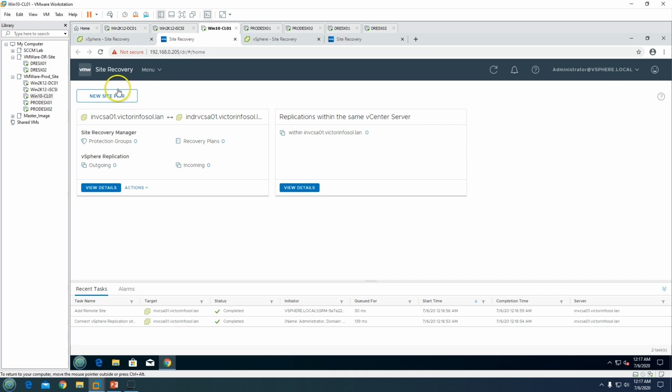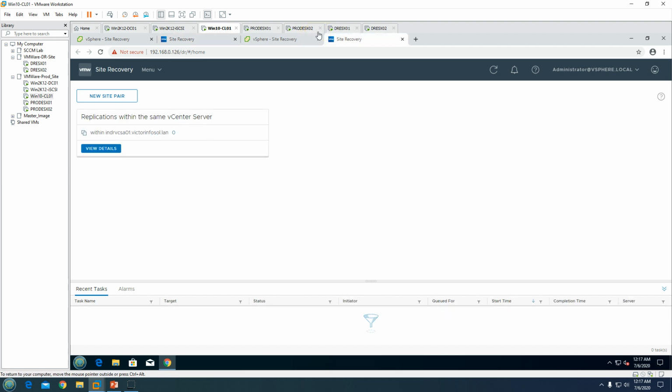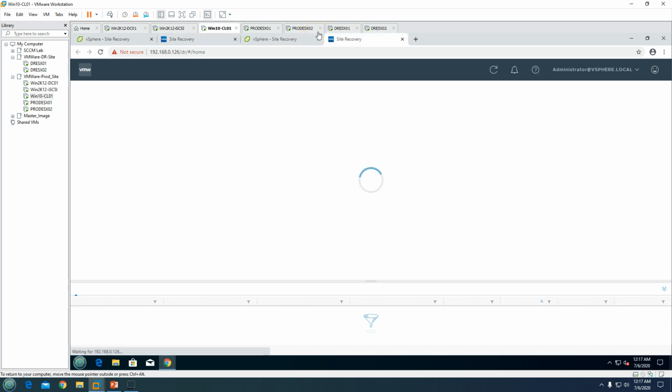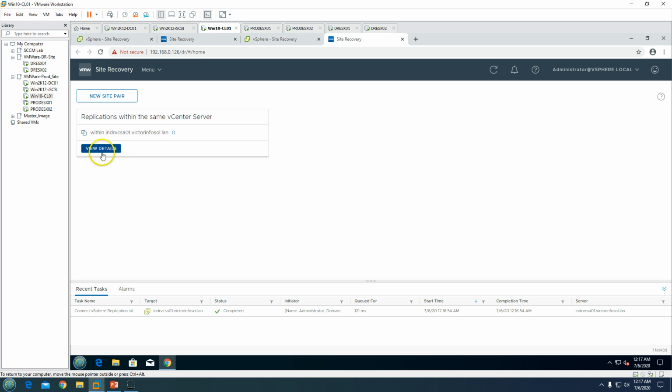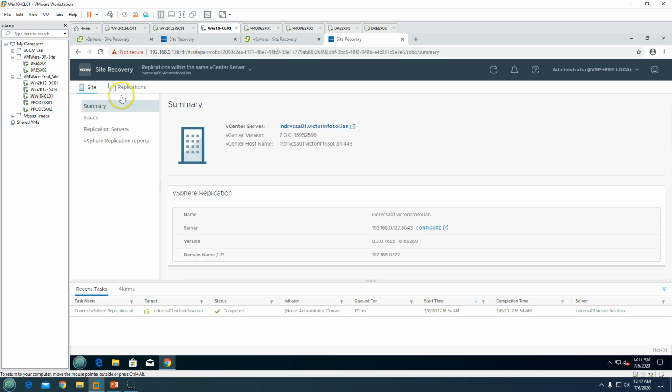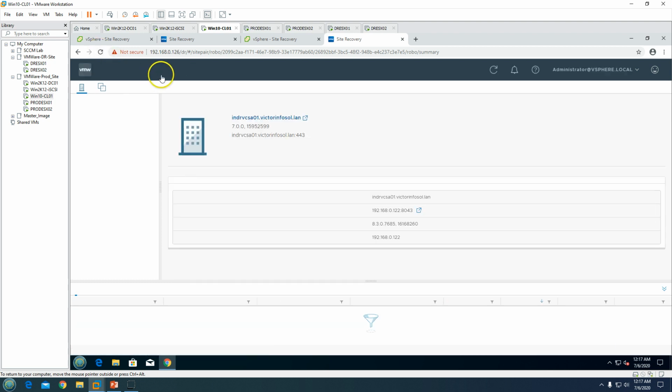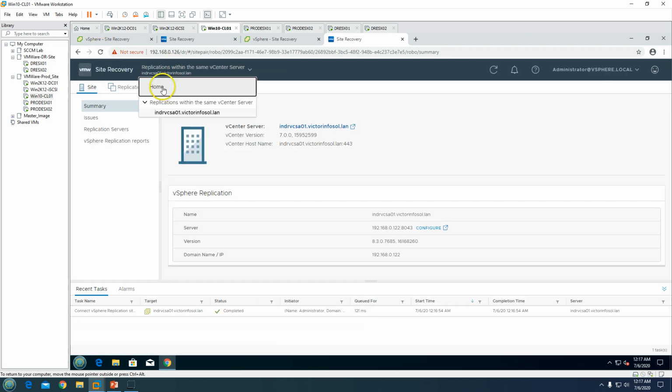You can see I got one site pair here between production, which is IN VCSA01, and IN DR VCSA01. If I go here and refresh the DR page, we are going to get the same thing here also. It's going to take some time to replicate the information on the DR, but eventually you are going to get the same information.